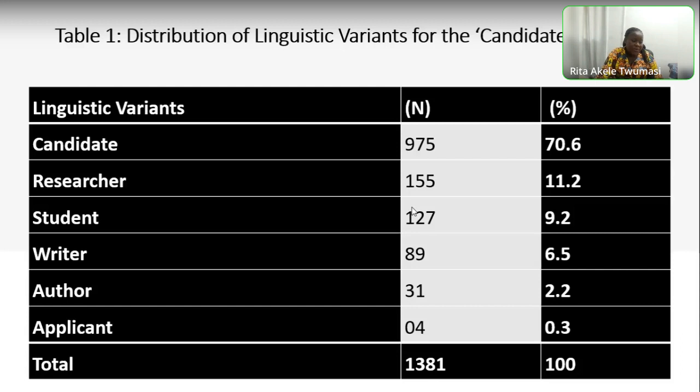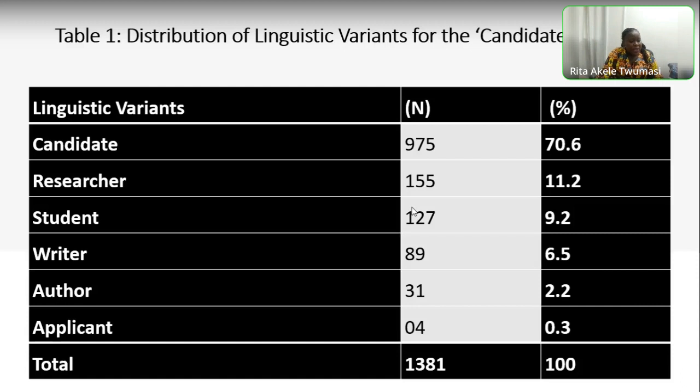Furthermore, each of them is required to appropriately develop expected rhetorical sections like introduction and literature review in the writing of the thesis. Moreover, their forms of writing should be concise and clear. Thus, whether candidate, applicant, or writer, examiners appreciate well-written, interesting, and logically presented work. Furthermore, the use of these references can also play on words, as an examiner uses researcher, candidate, and writer to refer to the candidate in the same report.